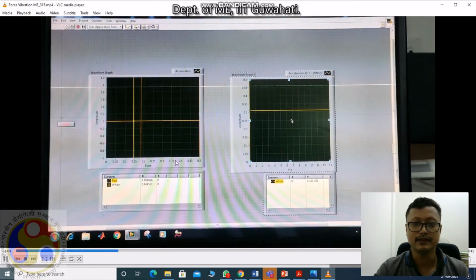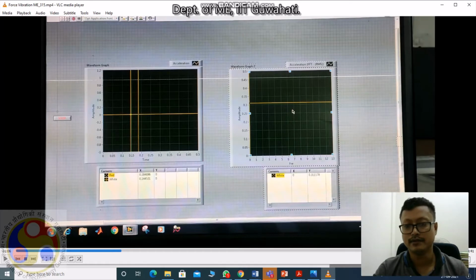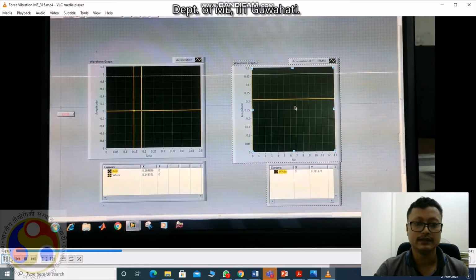Two waveforms are there. The first one is for the excitation voltage. How much excitation we are giving: for this video we are giving 10 hertz per volt of excitation from the exciter. This is the accelerometer, and you can get the accelerometer data here, the beam vibration and acceleration data. You can get two graphs there, and from those two graphs you need to find the phase difference between the two.